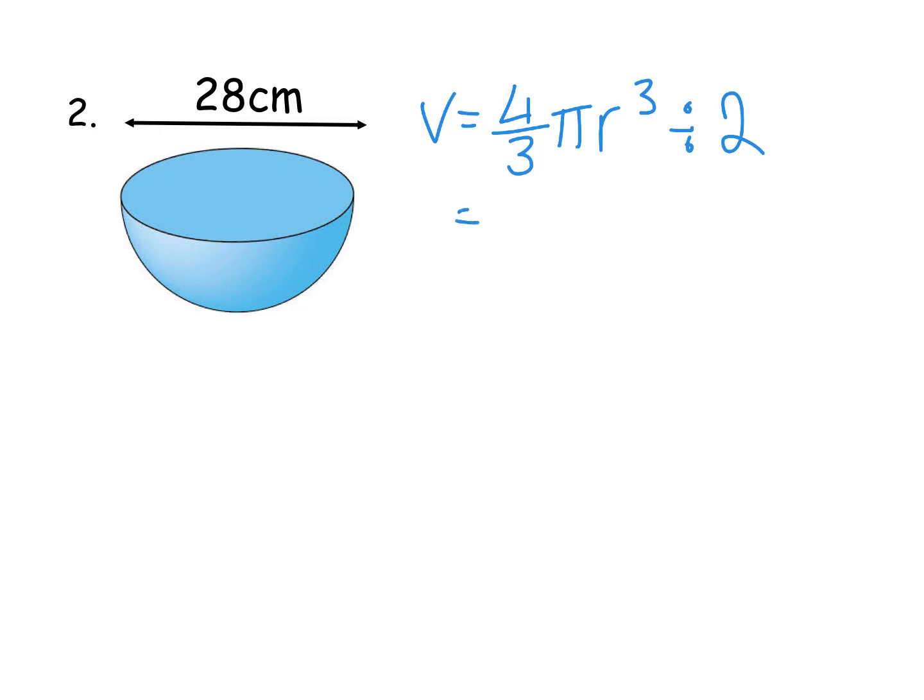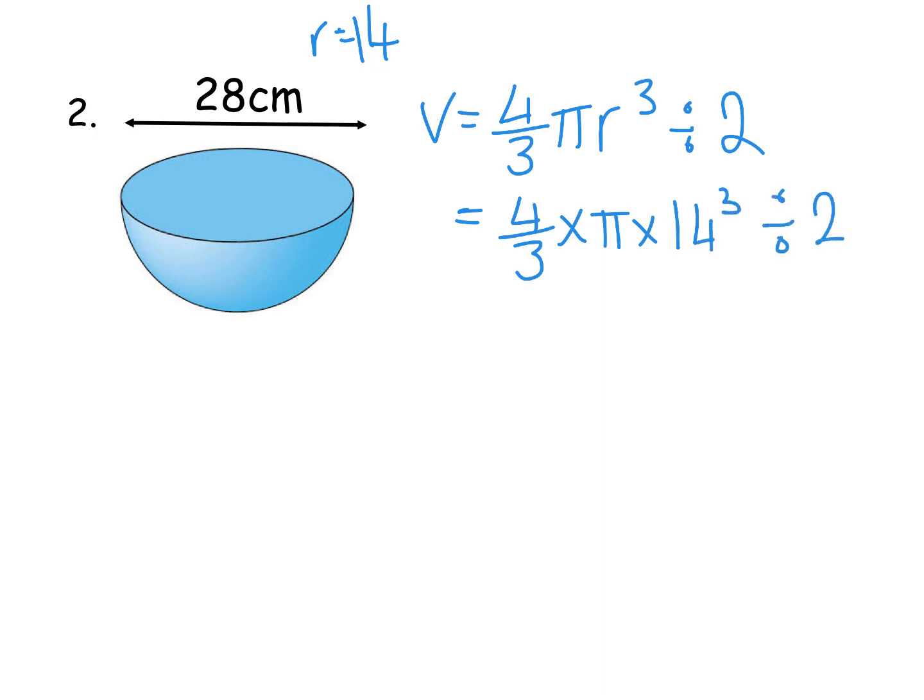So the radius of this is half of 28, so the radius we're using is 14. So be careful with your radius, okay? So the radius is 14. So we have 4/3 times pi times 14 cubed, and then we're going to just do the divide by 2 with it to get our answer, and that gives us